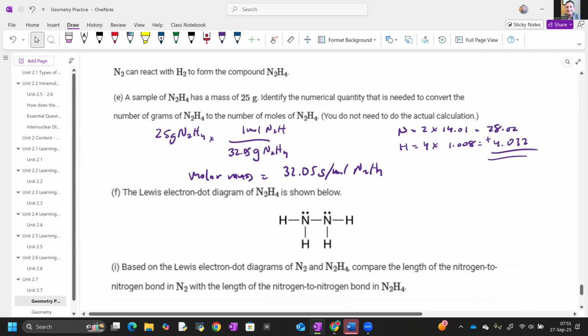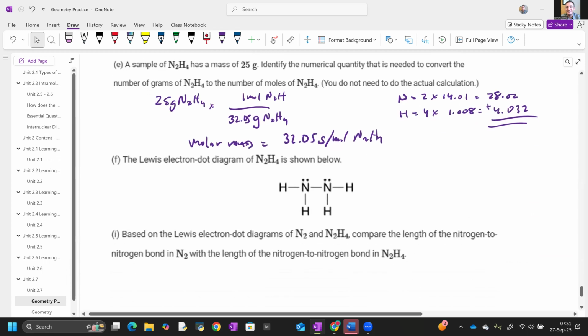We got the Lewis dot diagram of N2H4 is shown. Based on the Lewis electron dot diagrams of N2 and N2H4, compare the length of the nitrogen to nitrogen bond in N2 with the length of the nitrogen to nitrogen bond in N2H4. Okay, this is actually really, really easy. We see here the nitrogen bond in N2H4 is a single bond. We saw in N2 that it was a triple bond. So what do we know about the length? Make sure I answer this right. Okay, so all we have to do is say the